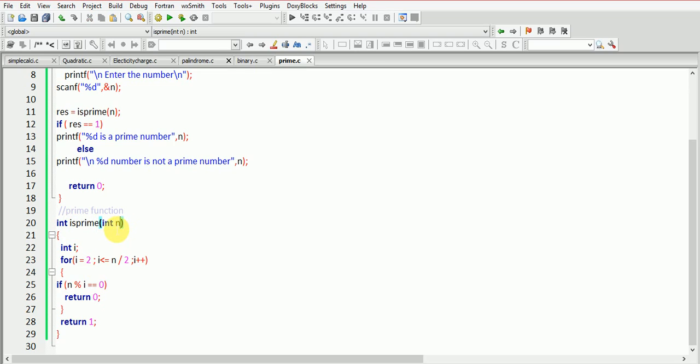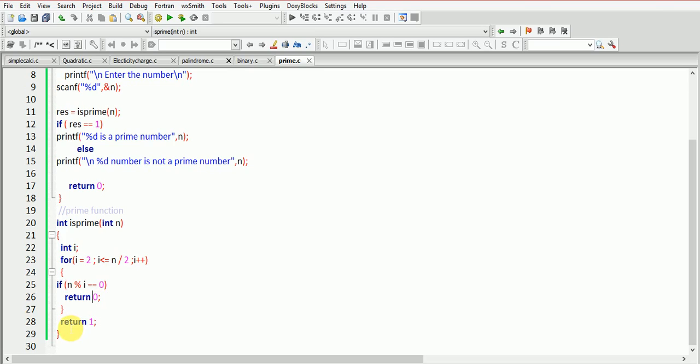As I said previously, it takes an argument n which is entered by the user, and here I am going to declare the variable i, which is of type int. My i value starts from 2 to n divided by 2. So i is equal to 2, i less than or equal to n by 2, and i plus plus. Once this condition is satisfied, that is n mod i becomes 0, then we say that it is not a prime.